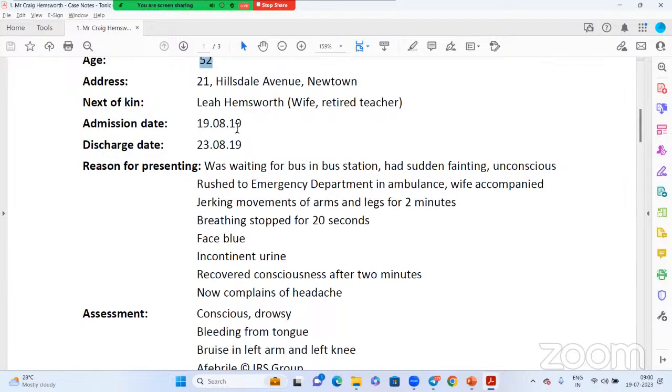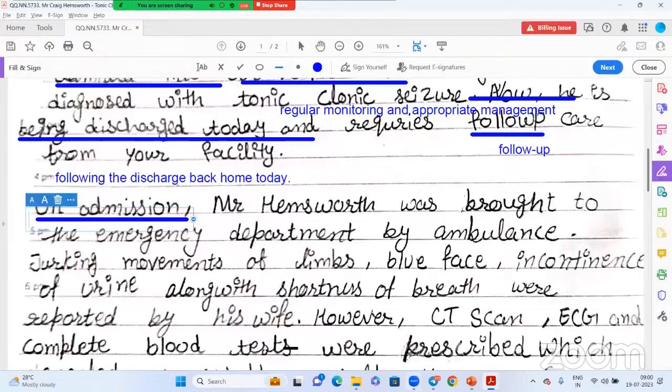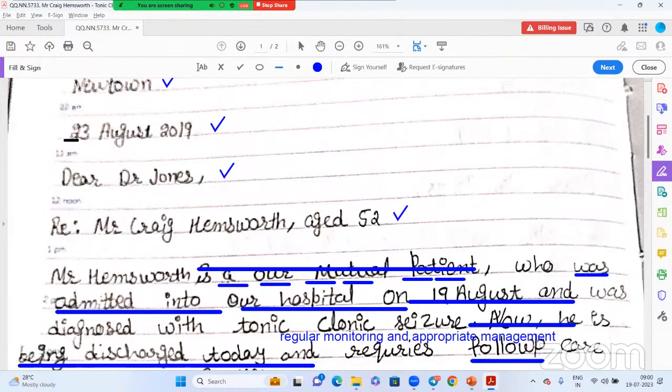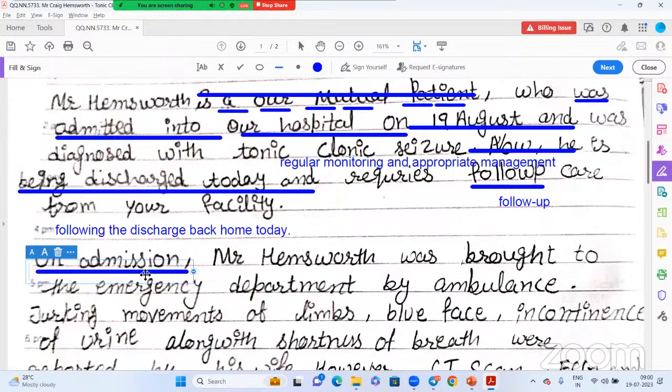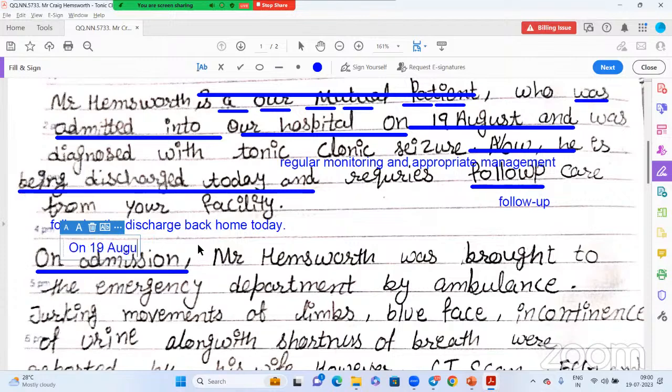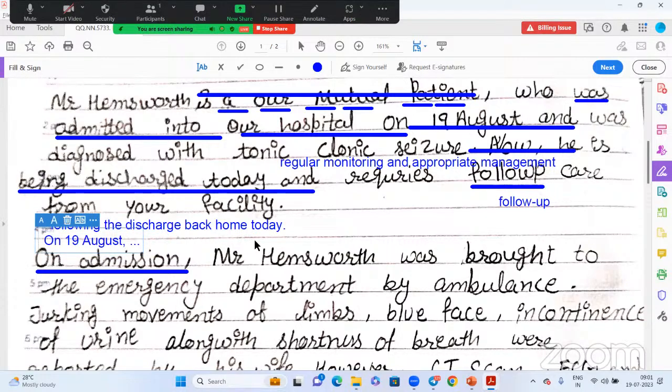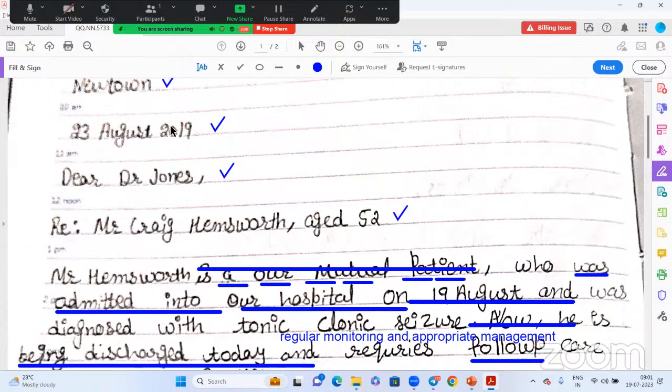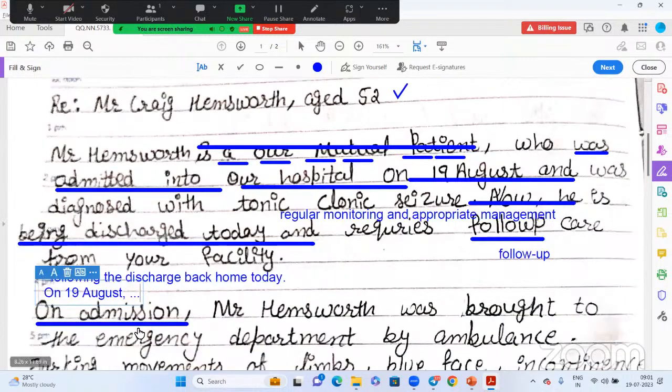On 19 August 2019, 4 days back. Here you can write on 19th August. Right, that's enough. You can tell this instead. 2019 is already there, August is already there. So on 19 August,